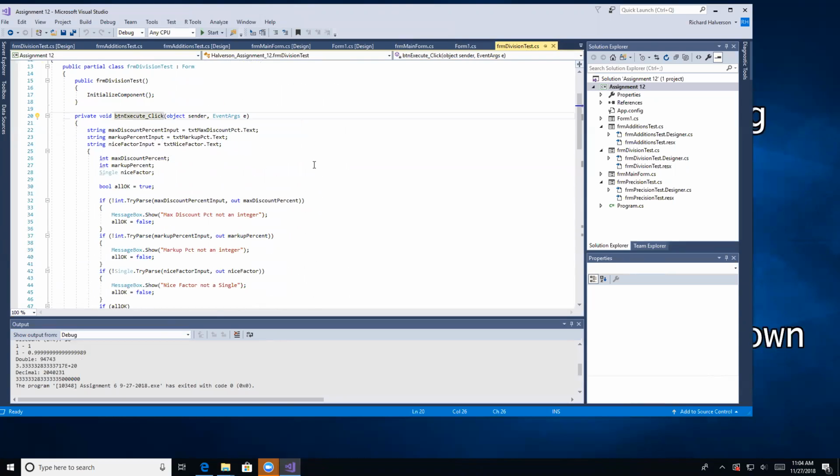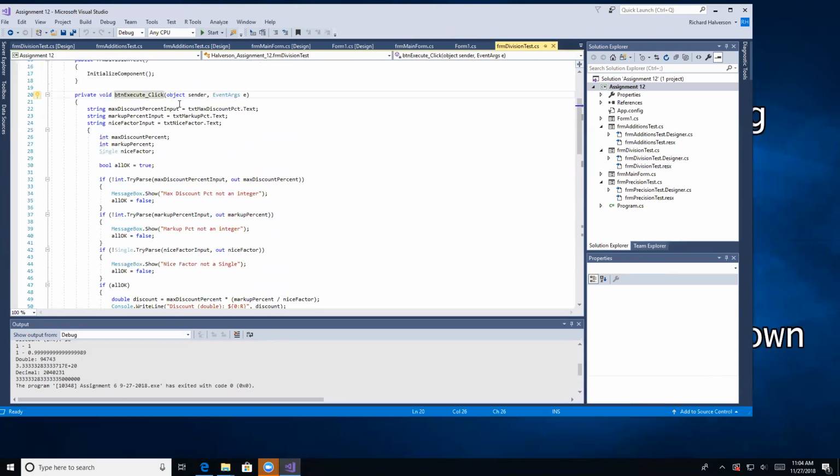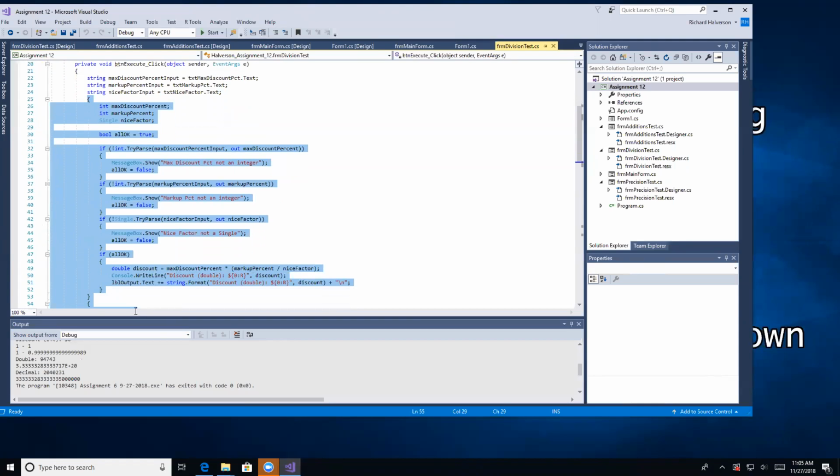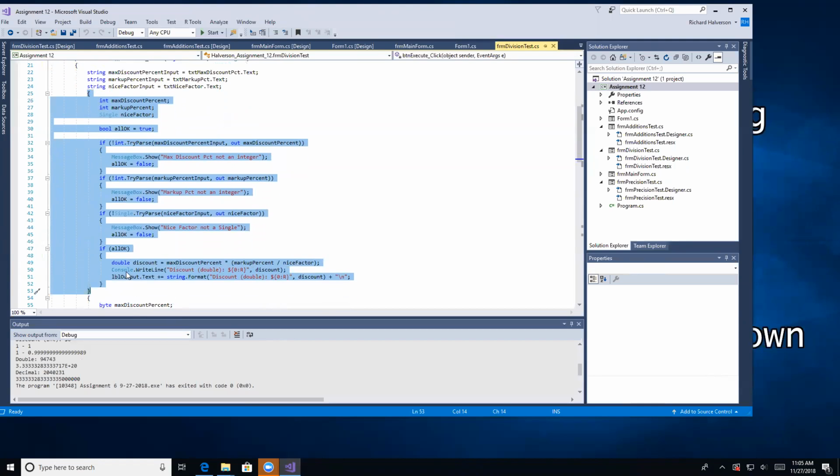This is the event handler for clicking the execute button, and then this grabs the values from the text boxes, and then this code here does the first division test where we are using integers and a single type